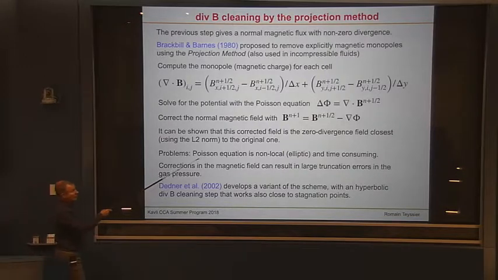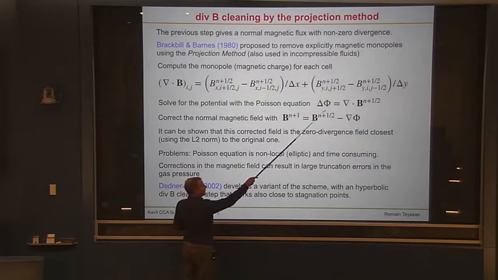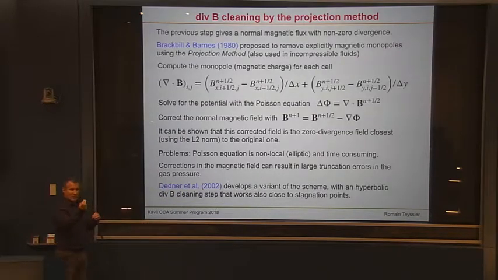So that's a nice way to clean the mess you created, right? The problem is that this Poisson equation is non-local. So what it does is that it takes the error you've made and it spreads it to correct the non-zero divergence to arbitrarily large distances, right? Because it's a completely non-local operator here. So if you make an error here, it can affect your solution at the other side of the box, right? So that's the problem. And of course, this correction of the magnetic field will change the magnetic pressure. And then, since you conserve the total energy, your thermal pressure will be affected by that, right? Which is not very good. And it will be affected in a non-local way, meaning that if you have a divergence B created here in a shock, for example, it will change your pressure at the other side of the box.